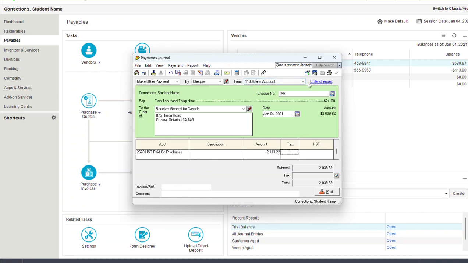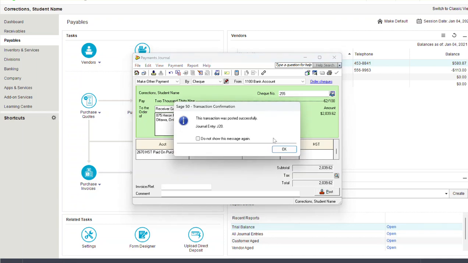In other words, you need to know what the amount is, and you will go to your trial balance and get it, or in this case we are given it in our book in the exercise, so you'll get it from your book. I'm going to post the transaction. Once I post the